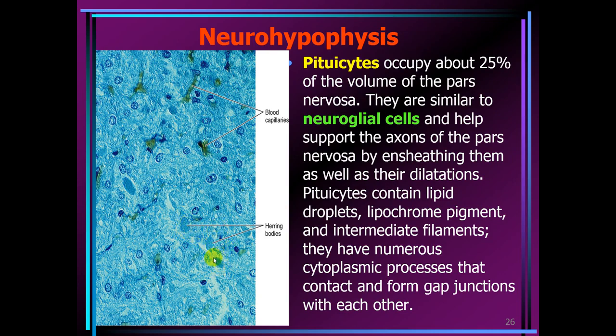They are spheric or ovoid bodies which are present in this neurohypophysis. Around are pituitary cells,